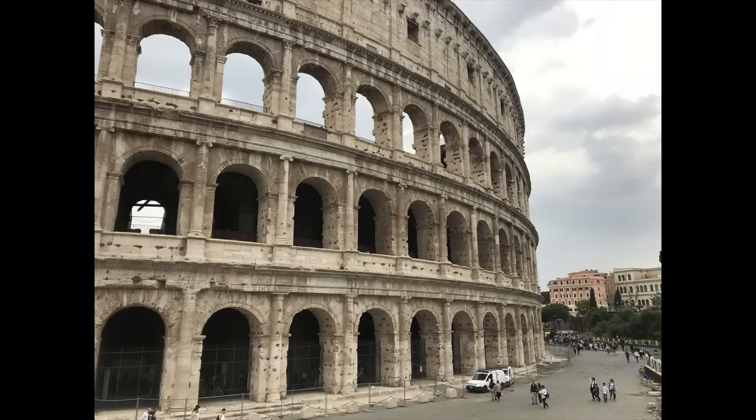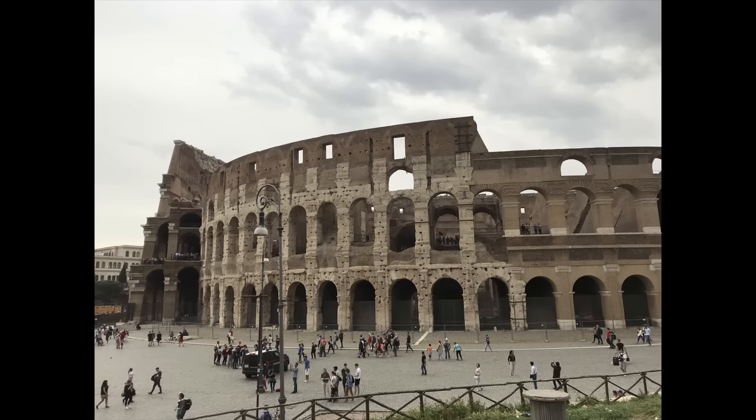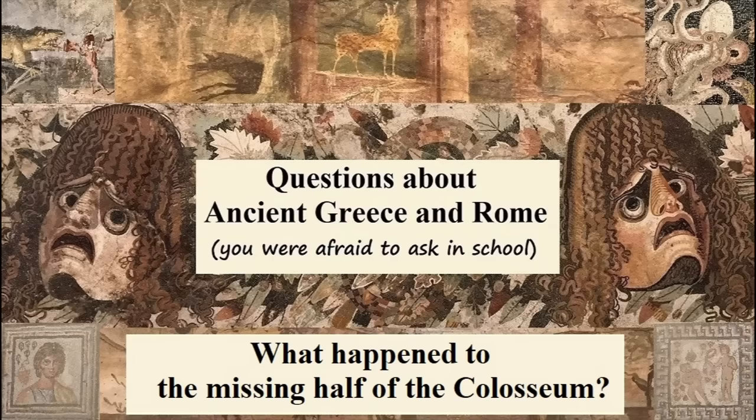Everybody knows the Colosseum. And everyone knows that this part of the Colosseum looks a lot better than this part. So what happened? How and why did half of the greatest Roman amphitheater vanish? That sounds like a job for questions about ancient Greece and Rome you were afraid to ask in school. As usual, I'm Dr. Garrett Ryan, and today I'll be talking about the history of the Colosseum during the Middle